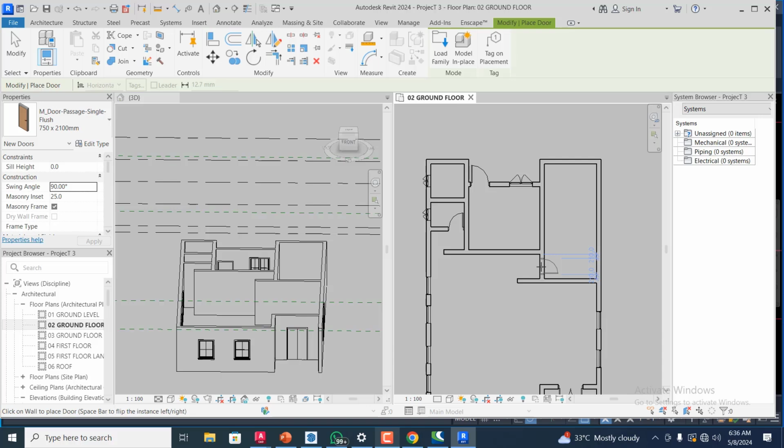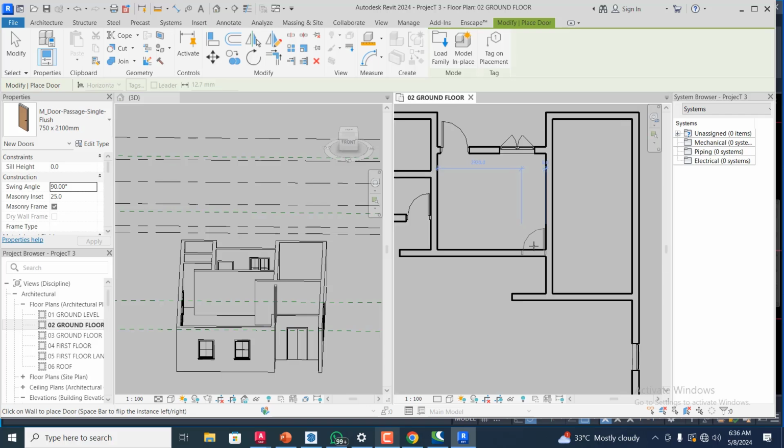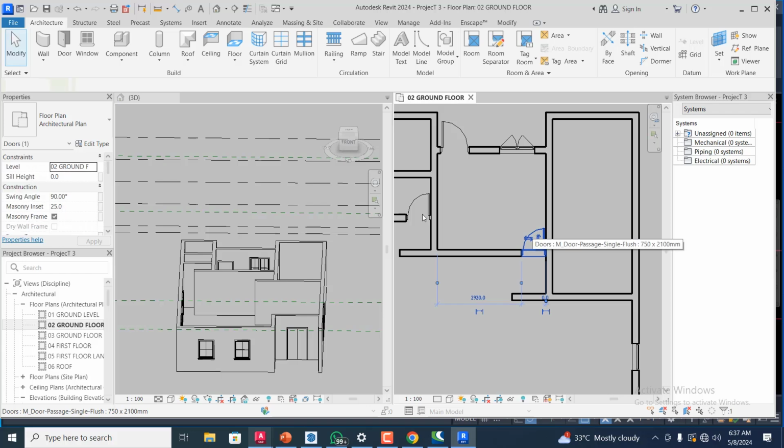Here is supposed to be, let's see, this opening I think is supposed to be around here, if I'm not mistaken, and then let me just place it. Oh, but the size of this door is not 750, so I will delete it, or I can simply just edit